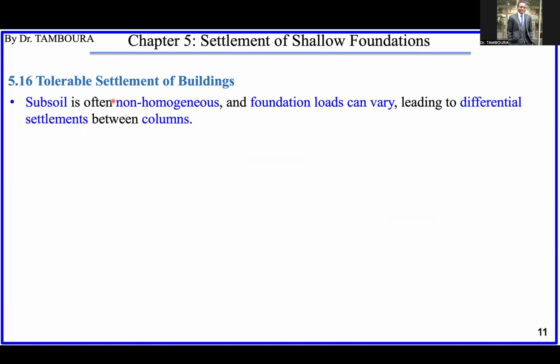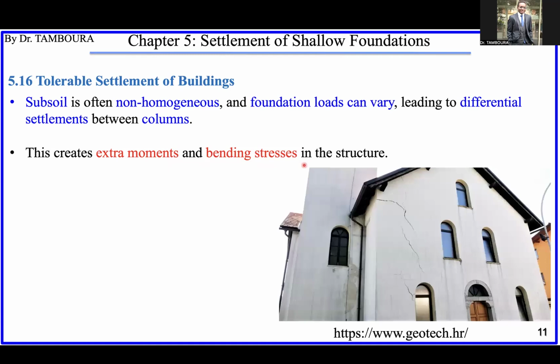That's why we have a lot of complications sometimes. But anyway, when this happens, we cannot prevent it from happening, but we can try to estimate the amount of differential settlement. It's complicated, difficult to predict. Okay, and when it happens, it creates some extra moment and bending stress in your building, in your structure, and